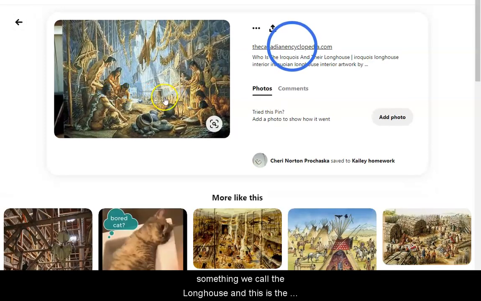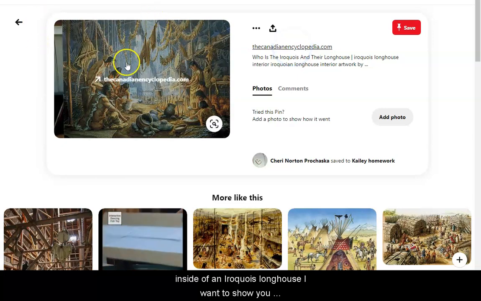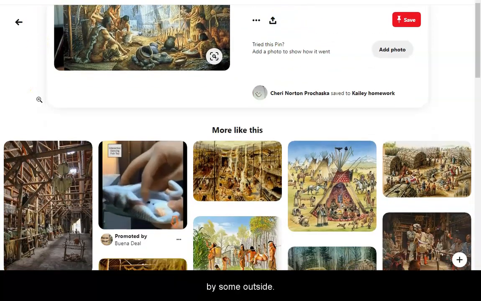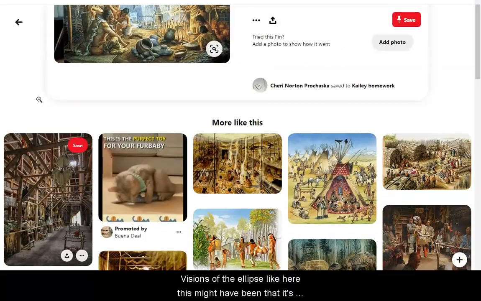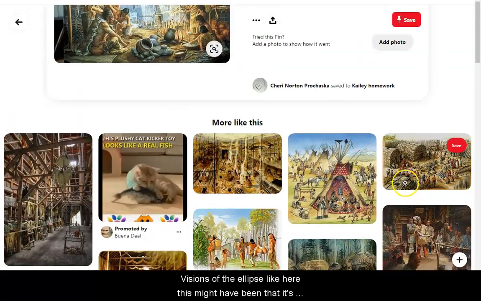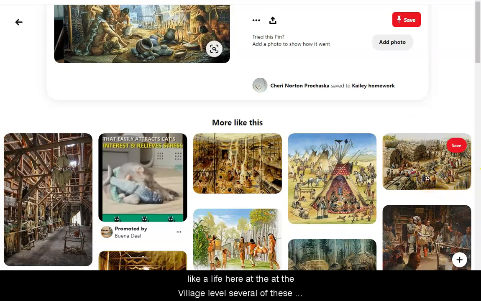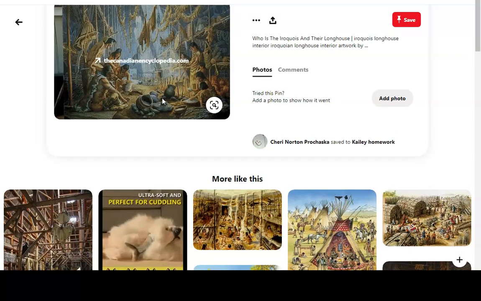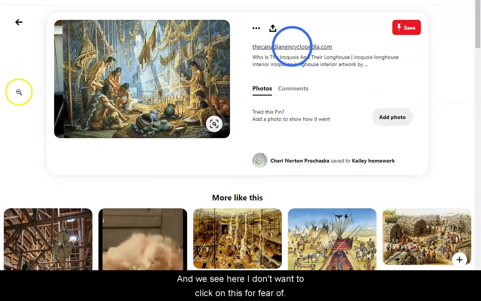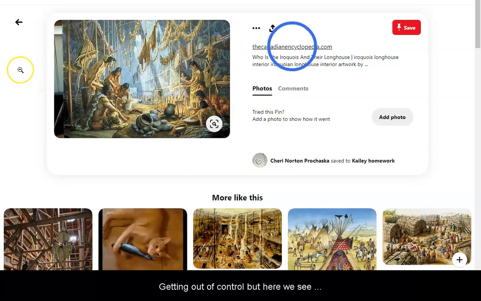Now, this is the inside of an Iroquois longhouse. I'm going to show you some outside views. Well, here this might have been life at the village level. Several of these longhouses together in the same area. And here we see